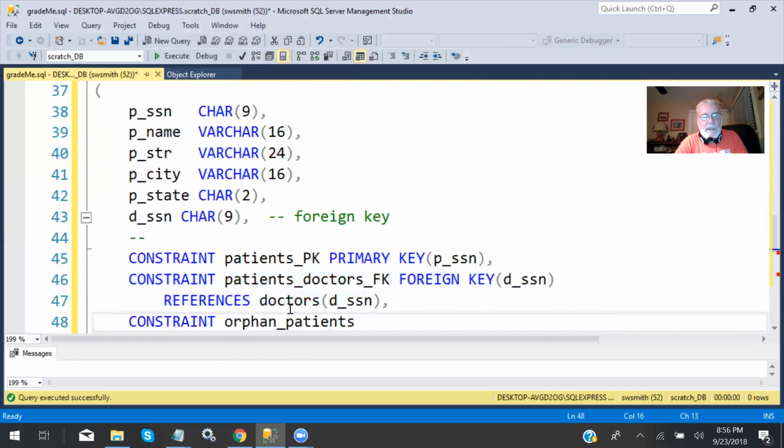I'm going to call this constraint no orphan patients, meaning that the patients have to have